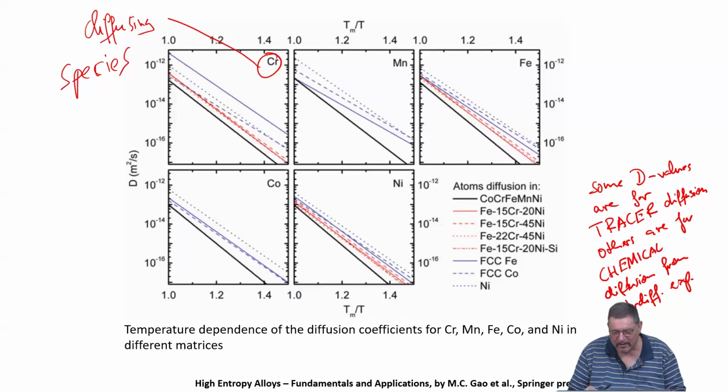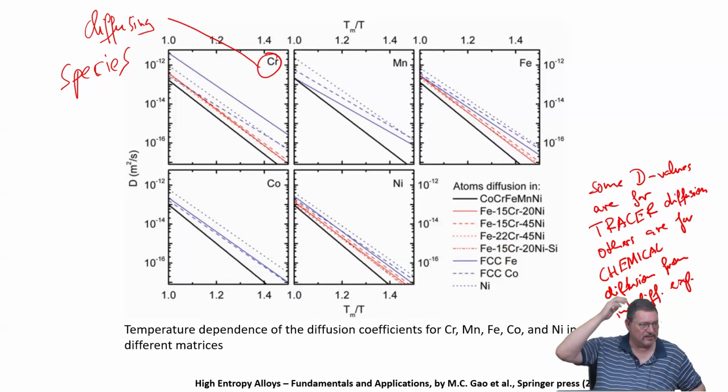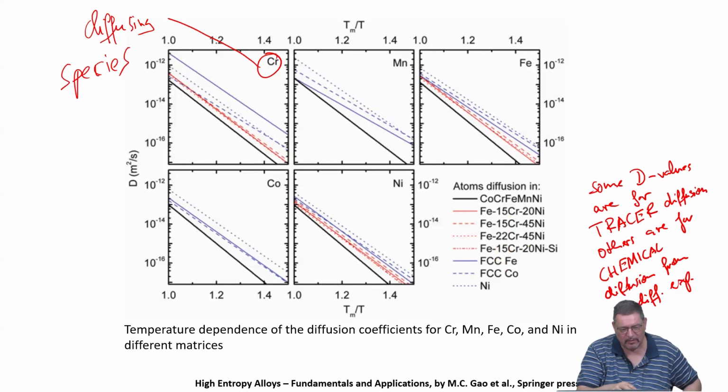And we compare here single elements as a matrix and maybe ternaries, and then we go to 5-component, which means you would expect some change in any diffusion coefficient to happen if you change the alloy system, when you have more disordered lattice occupation and so on. Also, if it is within 1 order of magnitude difference, like in most cases here, it's very difficult to say, because you have an error bar also, which is not shown here.